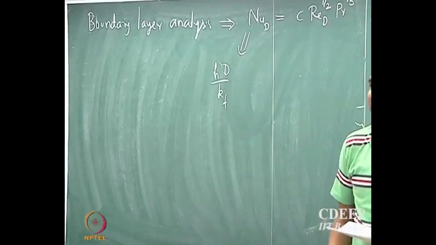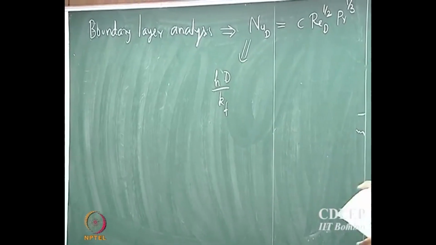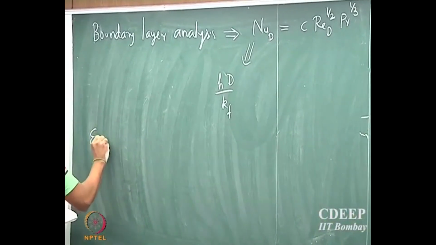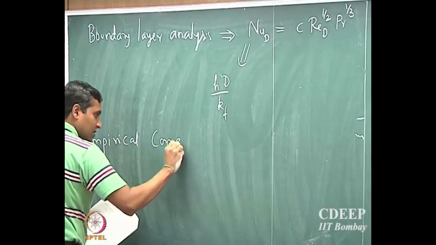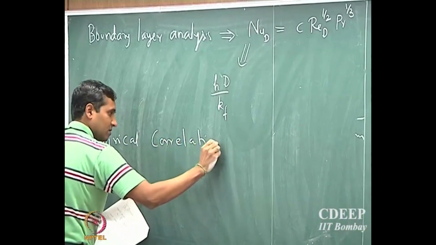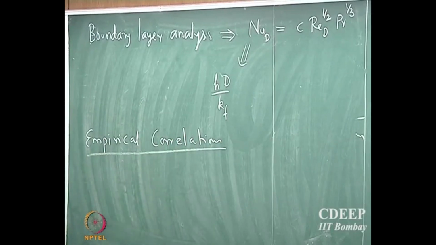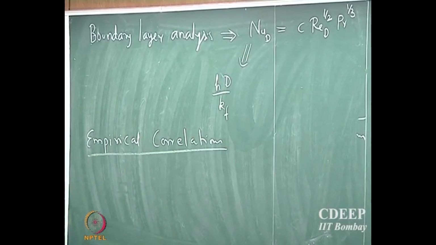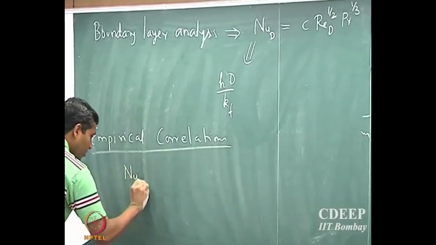That's again based on the boundary layer analysis, and so there are empirical correlations available for this problem. There are no clean theoretical predictions available, so one has to rely on the empirical correlations which have been observed by performing several experiments repeatedly. And so the empirical correlation is